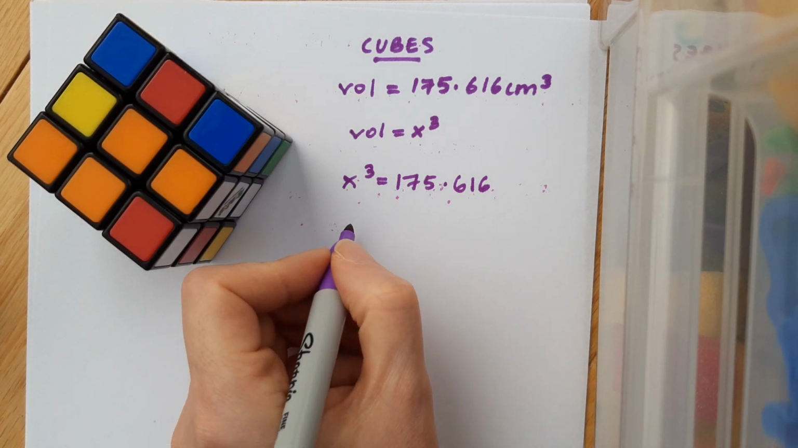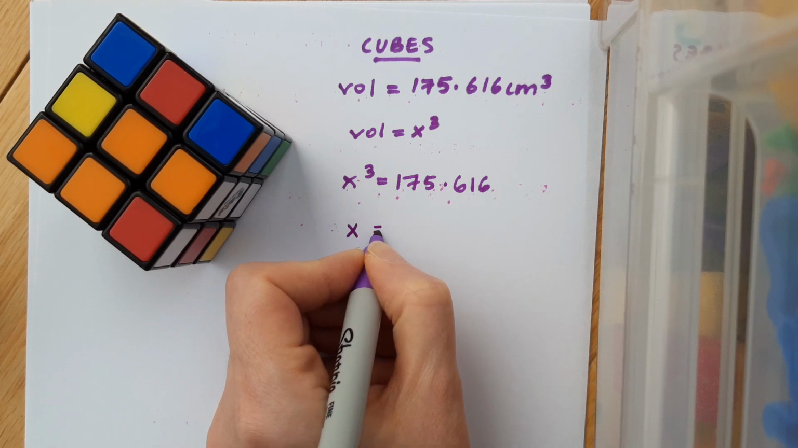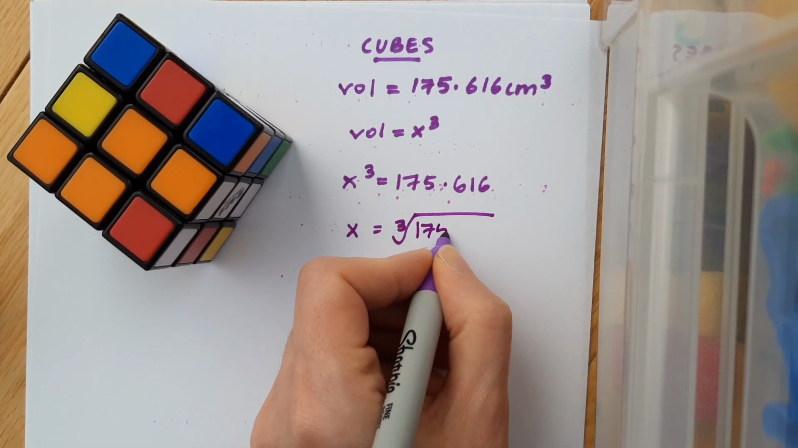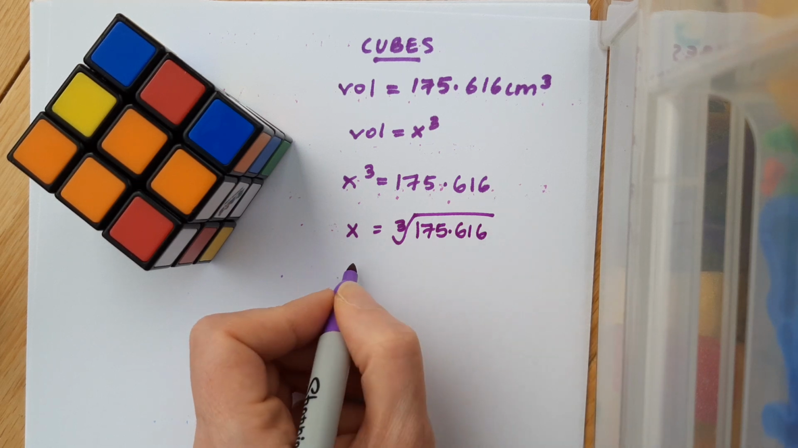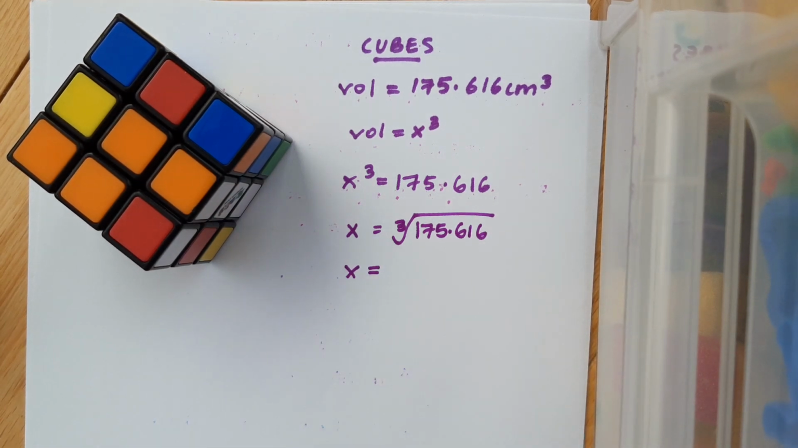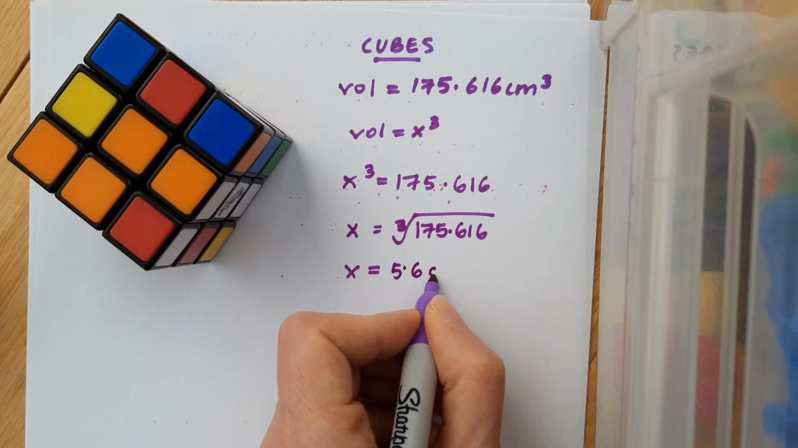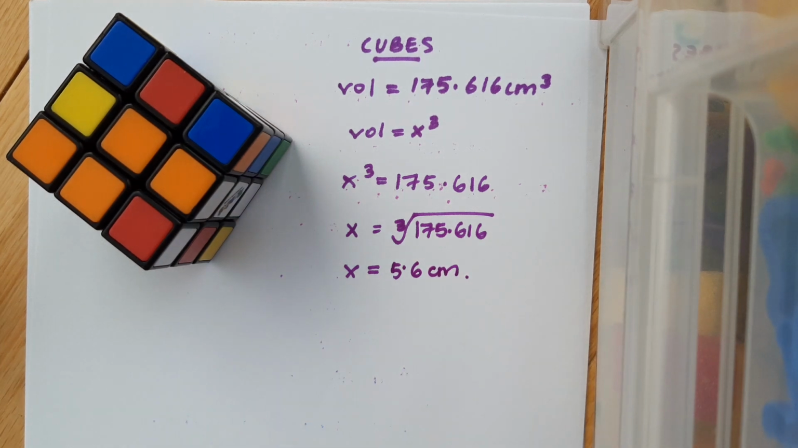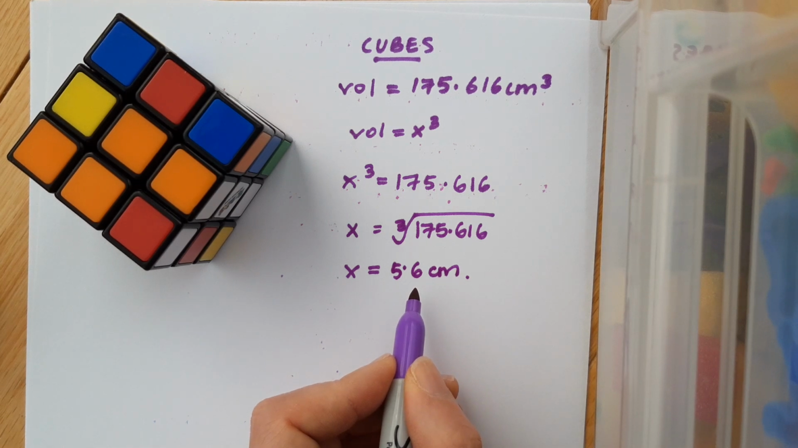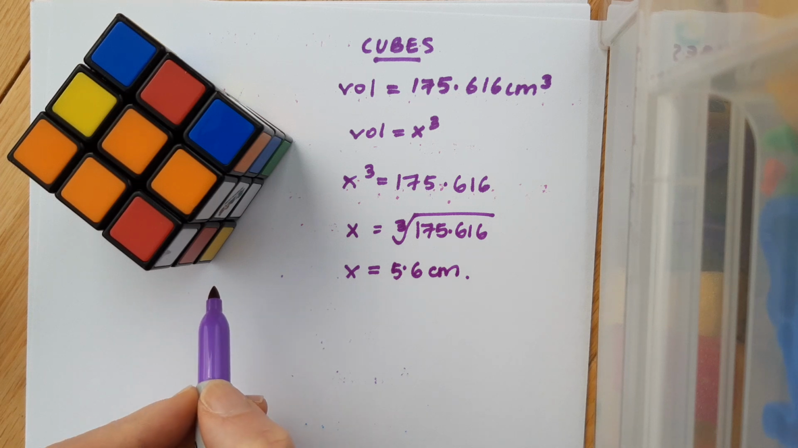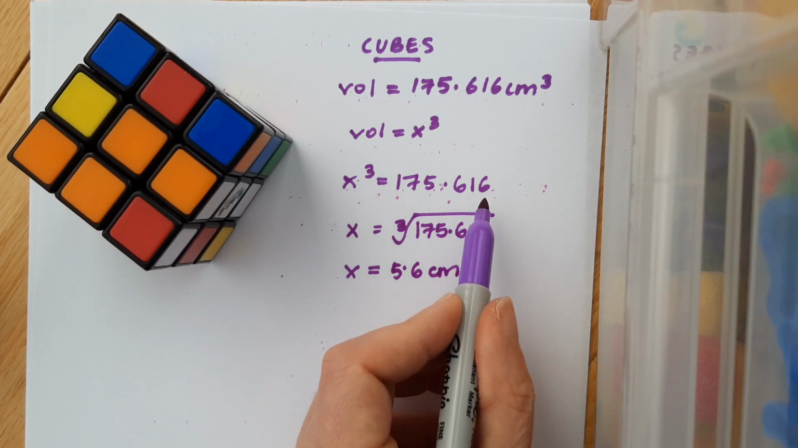Okay, so if I want to work out the value of a side of the cube, what I'm going to need to do is get the cube root of 175.616. And when I do that, I get x is equal to 5.6 centimeters. If I'm not sure if I'm right, I could always take this value and multiply 5.6 by 5.6 by 5.6 to double check, and I'd find that I would get